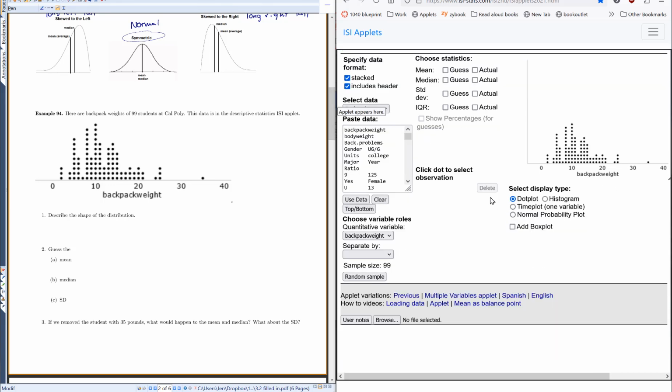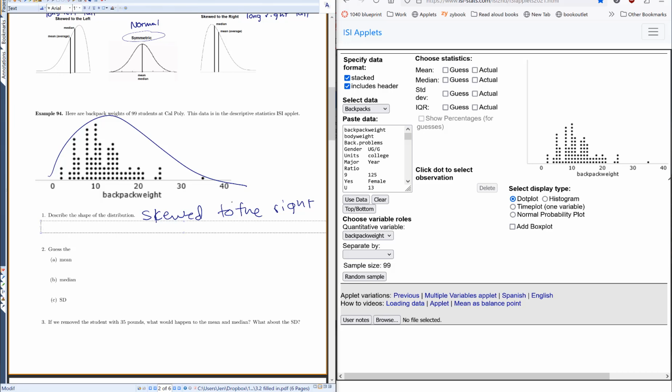Let's first describe the shape of it. I would say this is not symmetric. It seems to have a long right tail. So I would say this one is skewed to the right. What else could we describe though? We could say something like most of the values are between, let's see, what are they between? Looks like most of them are between like 1 and 25. Do you see any unusual values though? Looks like this value way up here, that does seem pretty unusual. I'd say you have an unusual value